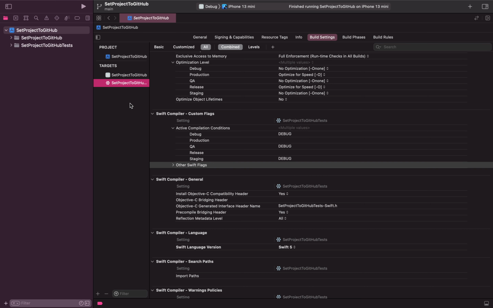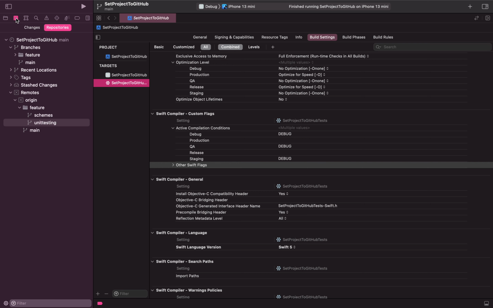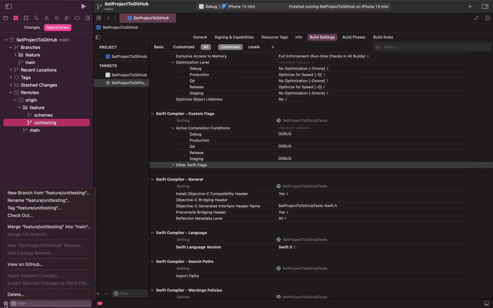Similarly, I'll also add one more target, which is for UI testing. This target I added for unit testing, so I'll add one more target for UI testing. Our main branch is already up to date and we are already on the main branch, so I'll just create a new branch.